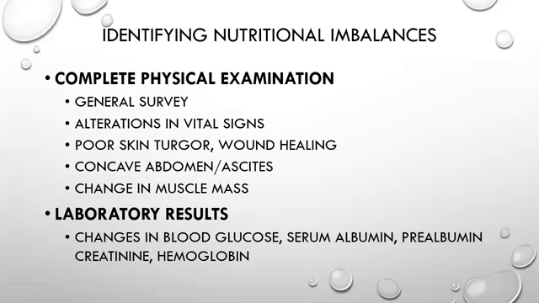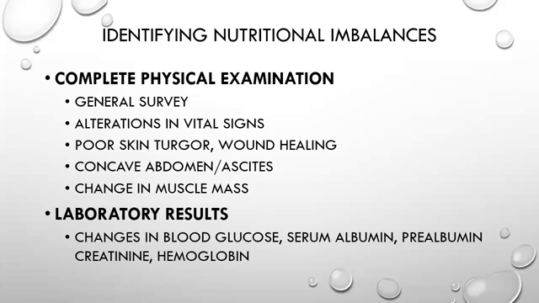Poor skin turgor, which again, I know that I've mentioned this before. We'll talk about this in our physical assessment, but skin turgor is a test of dehydration. That's where we pinch up the skin on either the hand or the chest, and we see if it tents. And if it tents, then that means they're dehydrated. Tenting means it stays pinched up when you let go. If they are adequately hydrated, when you let go, the skin will go back to its normal spot. So poor skin turgor would mean they're dehydrated, okay?